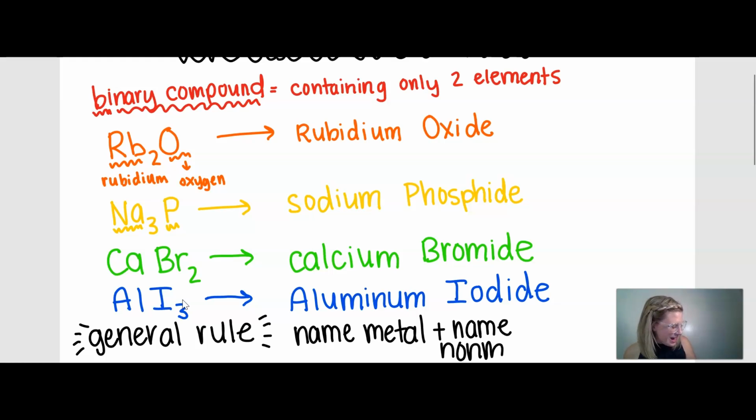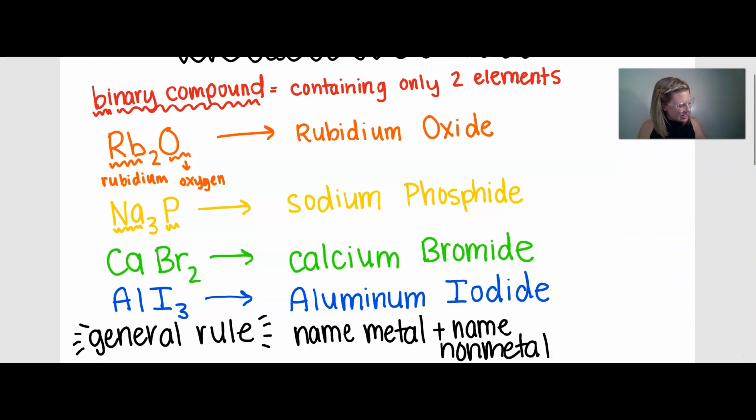However, with that non-metal, what do we have to do to the ending? We change it from -ine, or -ous, as in phosphorus, to -ide. Okay, so we're going to name the non-metal, but we're going to change the ending to